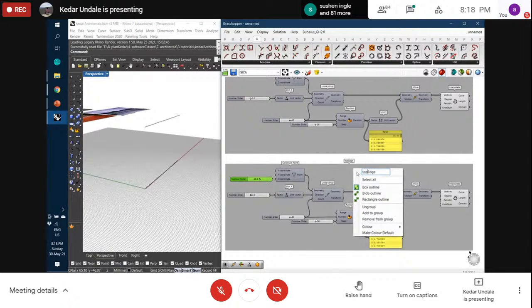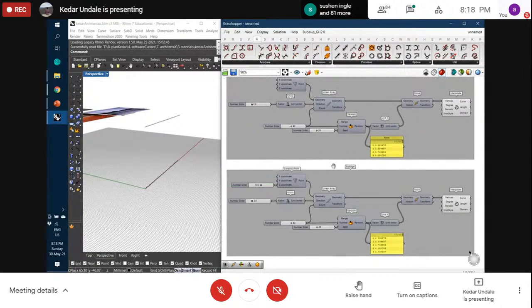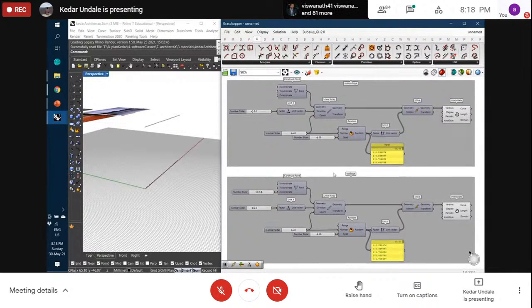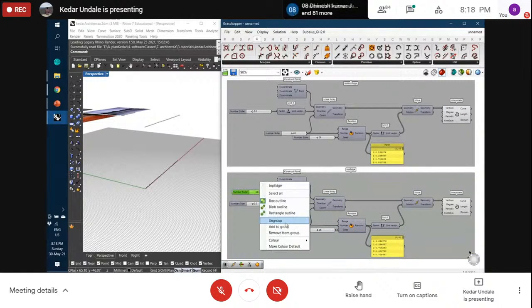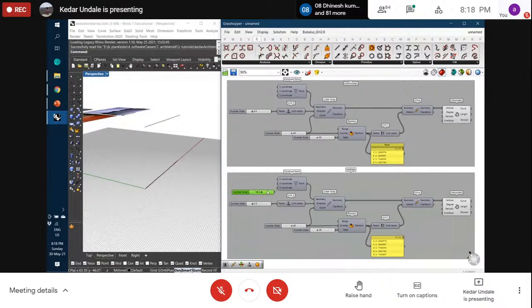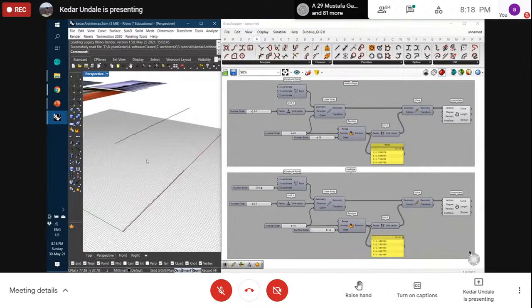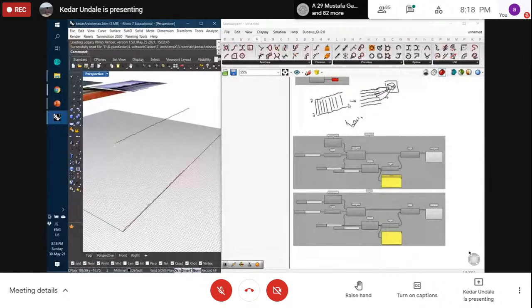So this is the top edge. So these are our two edges, the bottom edge and the top edge, which is what we did in the